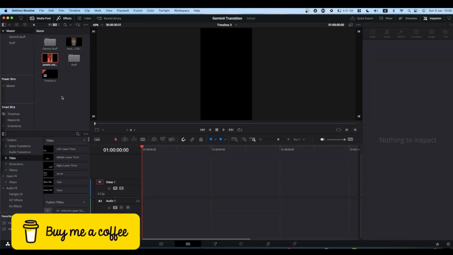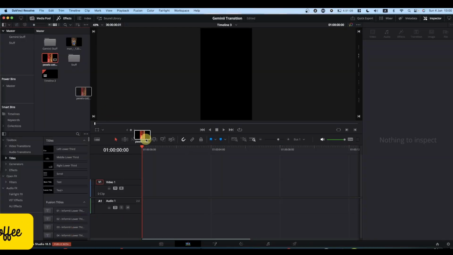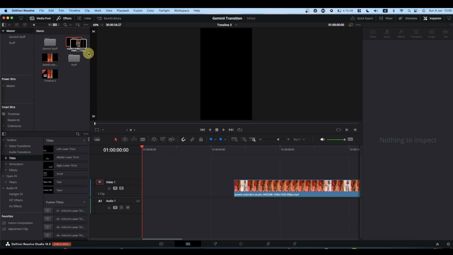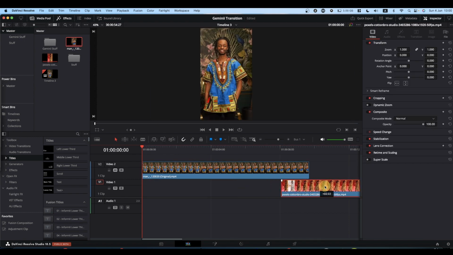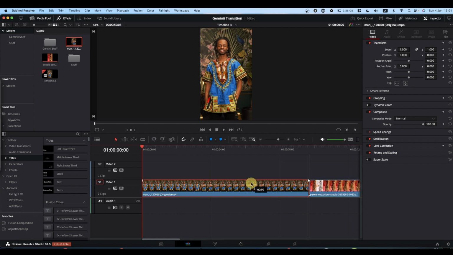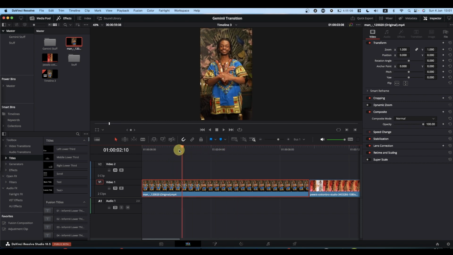Okay, let's get started. So I've got a couple of clips that I'm going to use here. What you need to do is decide at what point you want the transition to happen. So if we say just as he folds his arms, select your first clip, hit Control and B to cut it, and then select the second half,